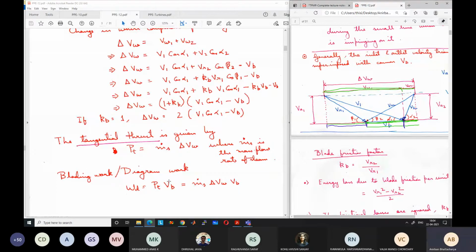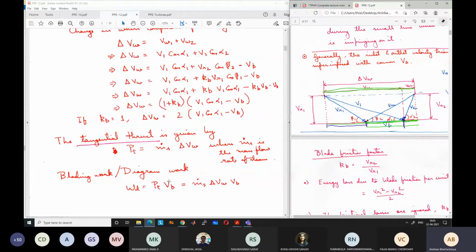Now we are passing this steam through a set of nozzles. So what is happening? The flow is accelerated in the nozzle. The pressure and temperature decrease. Enthalpy also decreases. That change in enthalpy is manifested as an increase in kinetic energy. The enthalpy has decreased, and that change in enthalpy has become equal to the change in kinetic energy. The kinetic energy has increased, so the velocity has increased from some small value to V1. V1 is the inlet velocity for this blade stage.